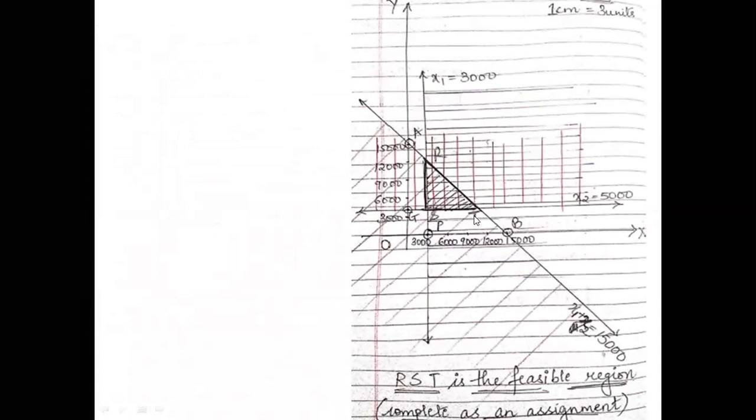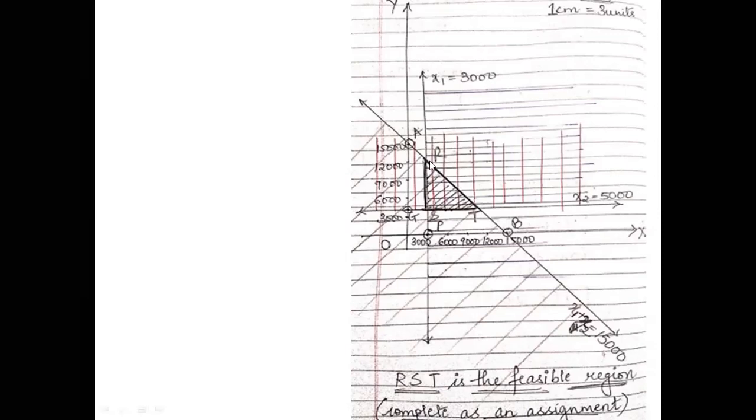So none of the coordinates will be used for your final answer when you will be finding out the objective function Z. So you have to find out all the 3 points R, S and T in the feasible region and complete this sum as an assignment again, because the further parts I've already showed you all many sums how to solve it. But we'll just discuss it orally.